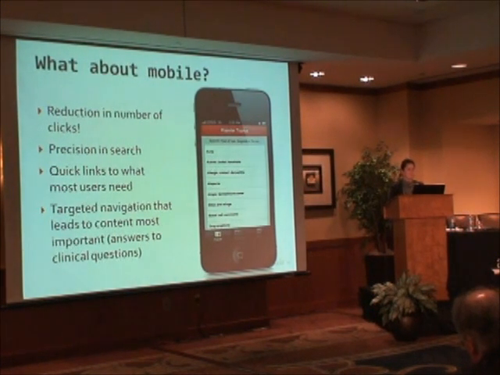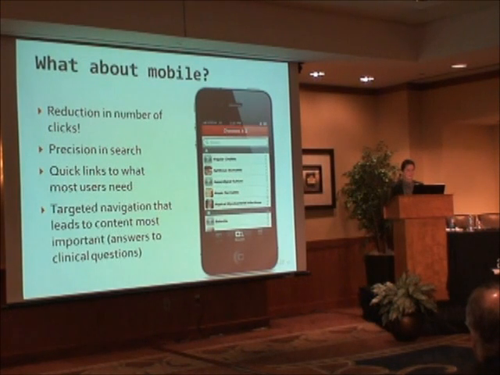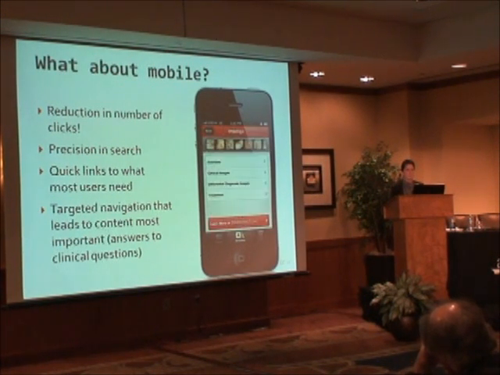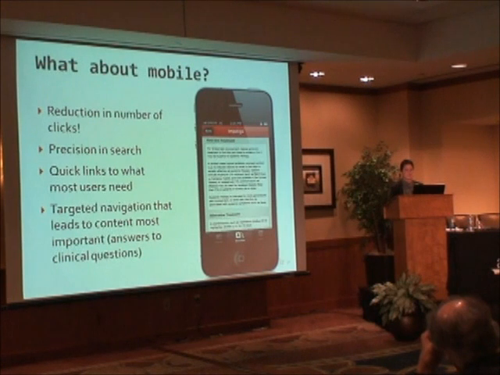Mobile, you can't really avoid talking about mobile these days. Definitely semantic tagging has great applicability in the mobile environment. In mobile, we absolutely want to reduce the number of clicks before we get to what we want. We can give people targeted navigation that leads them to the questions they're trying to answer. So I'm sort of stepping through here a dermatology app that because of the tagging, we can let people step through very specifically and get to treatment advice or visual diagnosis.